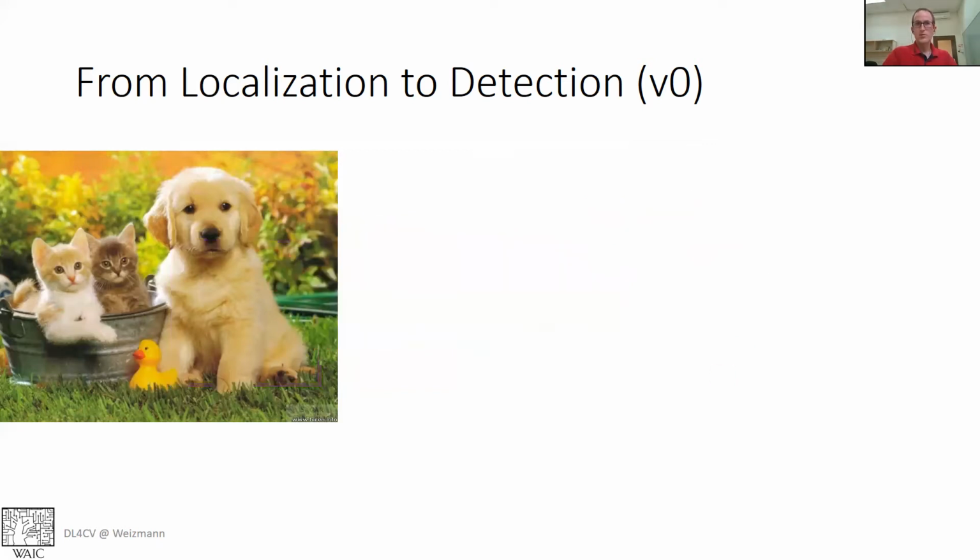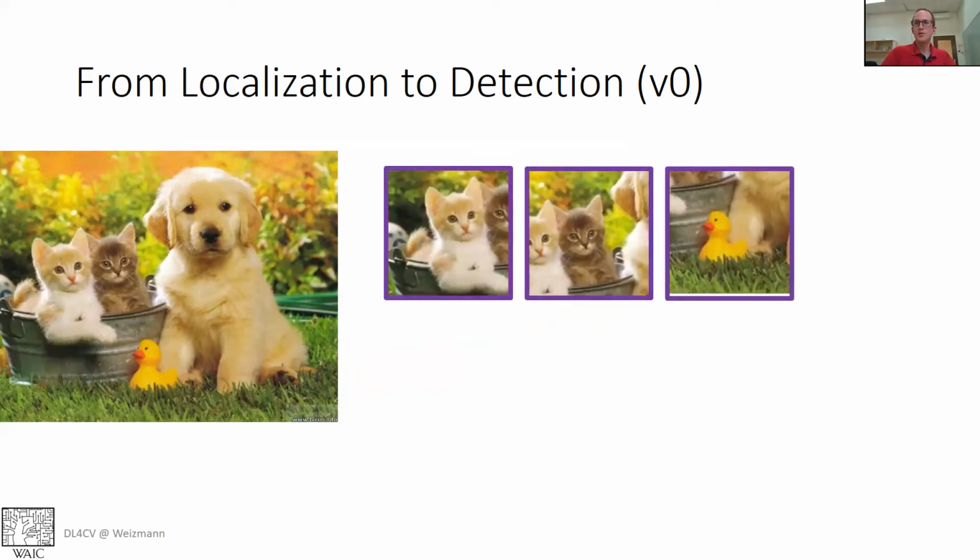So if we do this and we slide this window over the image, we can get these types of crops, and we apply the network to each and every one of them. Our network localizes and classifies each and every one of them. And this looks like